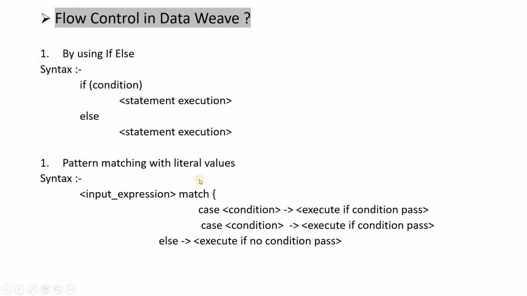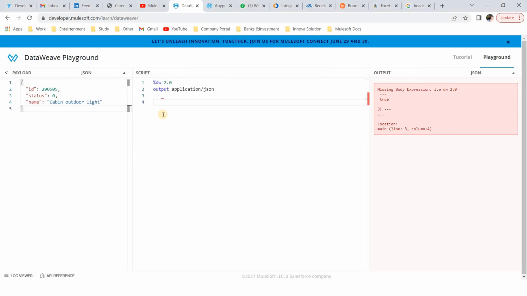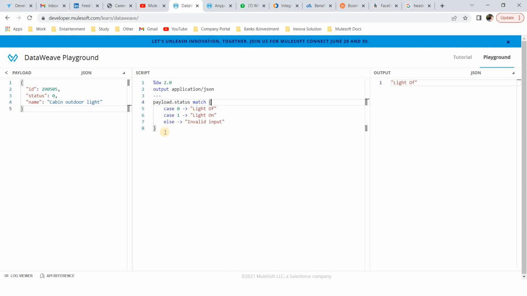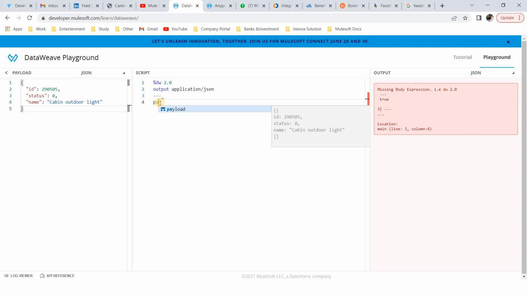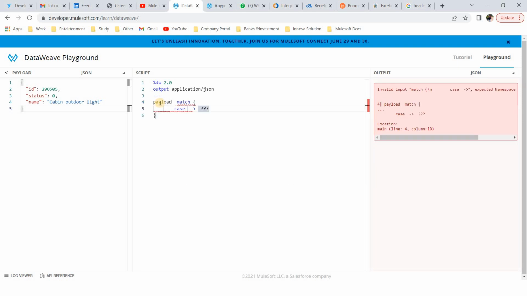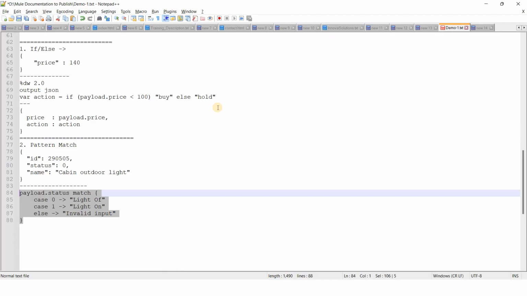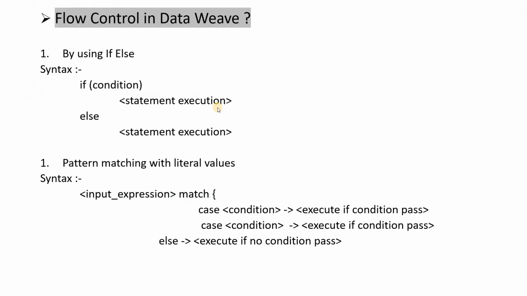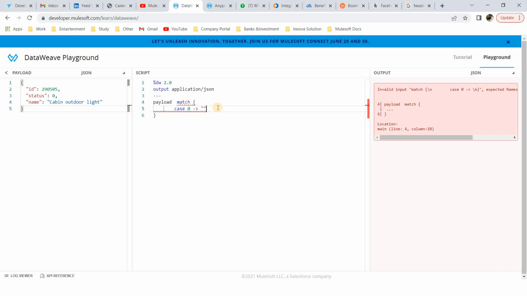So let's say I copy here. Okay, let me explain it one by one. So let's say payload match. In match, let's say in case of 0, whatever you have to do, I'll say in 0 case, light off.